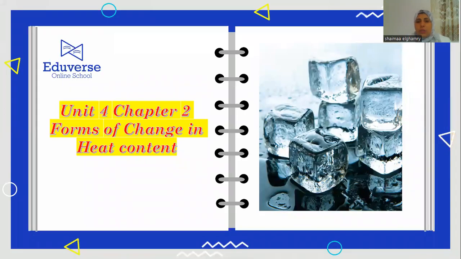Welcome to part 2 of our revision. Here we are going to complete our revision. We will start Unit 2, Chapter 2. Unit 2, Chapter 2 is